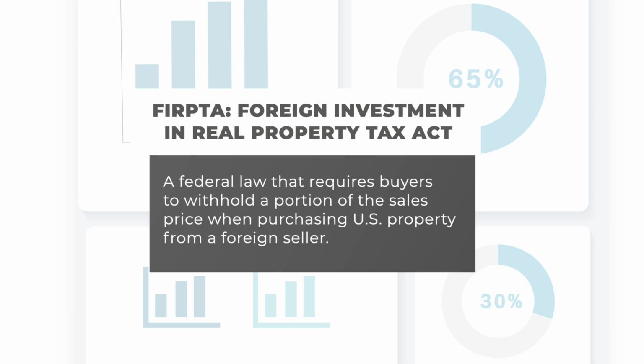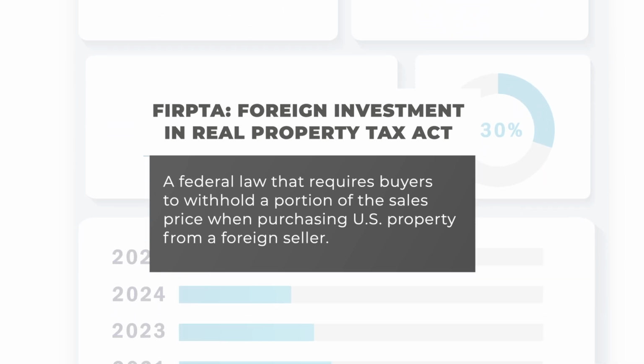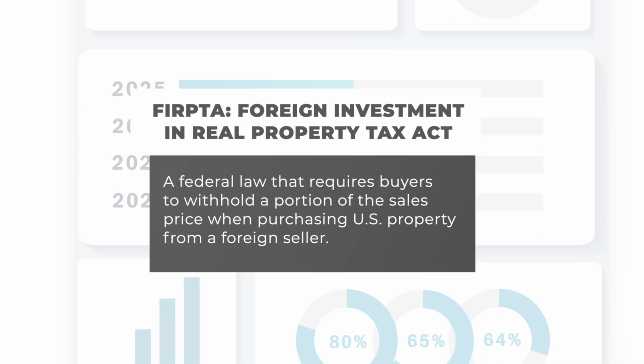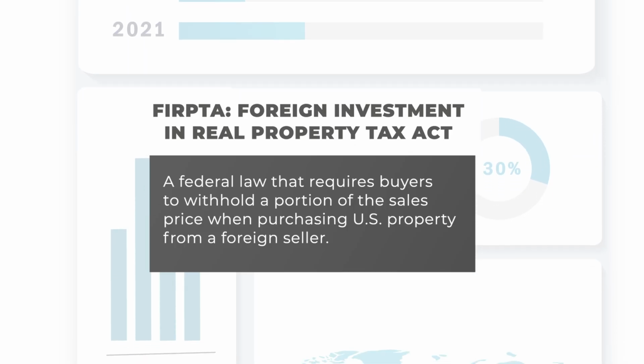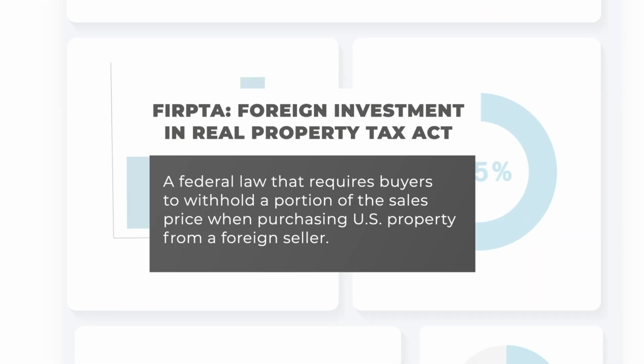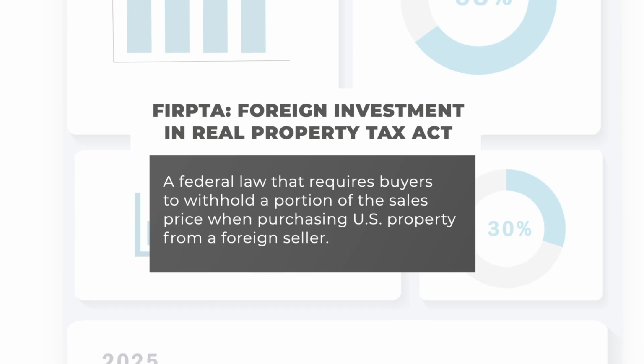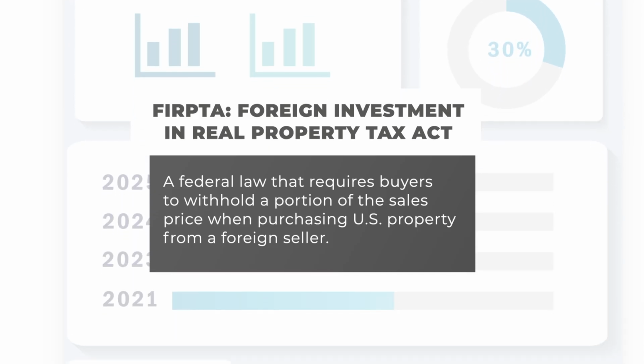Now that may sound like I'm stumbling over my tongue, but FIRPTA, that's for what's known as the Foreign Investment in Real Property Tax Act, 1980. What's fascinating about this is that it didn't take effect until 1984, but it was passed in 1980. I guess to give people 4 years to get used to it. What's also interesting is now here we are in 2026, so we're talking about 46 years later, and people still can't get it right. So it's interesting as to why we want to talk about this and how to help people get through the process of what FIRPTA is all about.